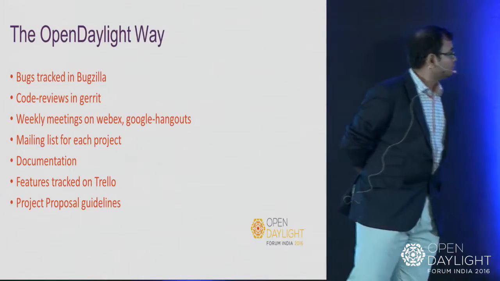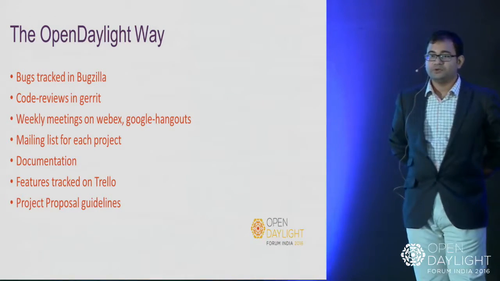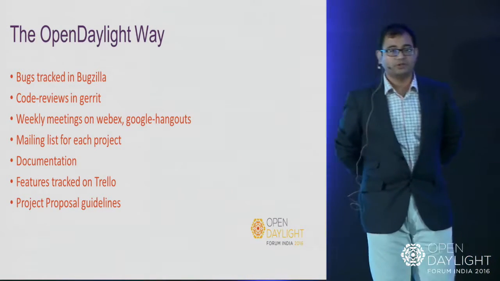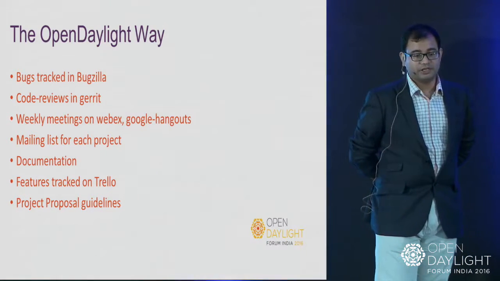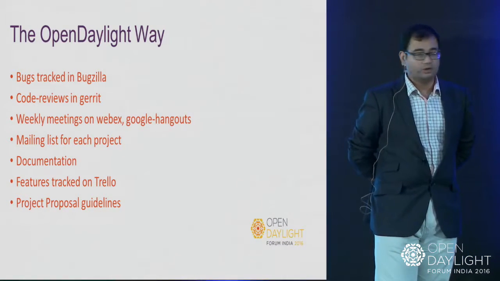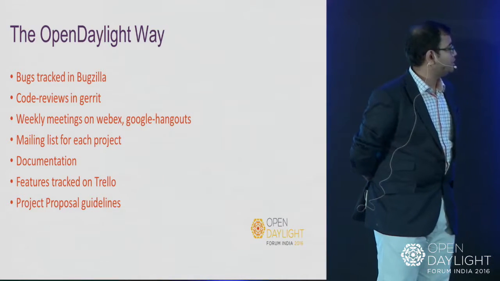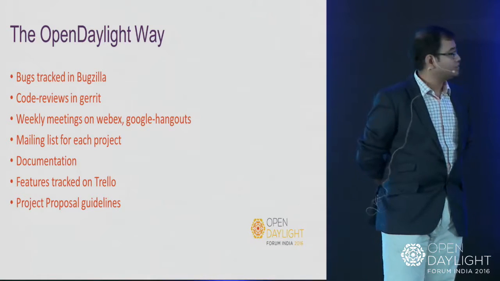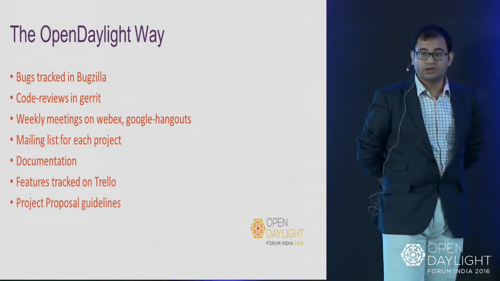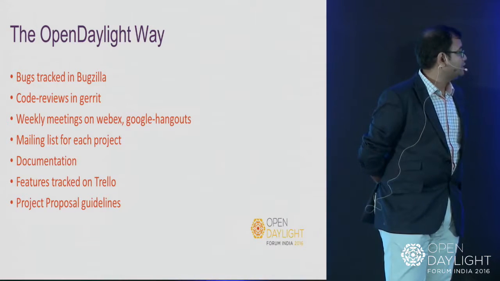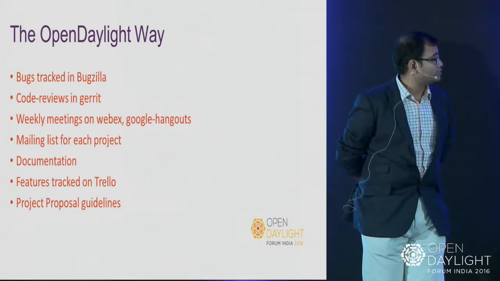Okay. So these are the links that would guide you on the corresponding tools. The bug tracking tool for ODL is Bugzilla. The way to upstream code, or check out and upload reviews, is through Gerrit. The documentation link, where to find the mailing list of each project. The features can be tracked in Trello, the project proposal guidelines, and finally, the IRC channels where you can catch developers and poke them to find out what is the right way.